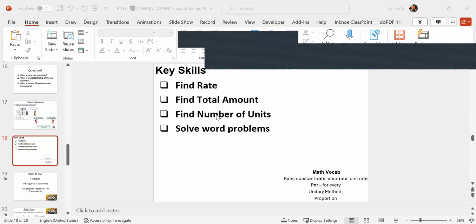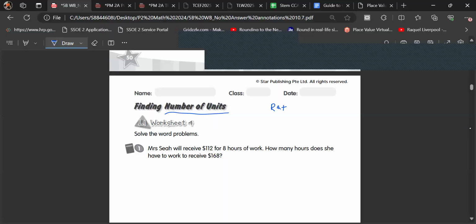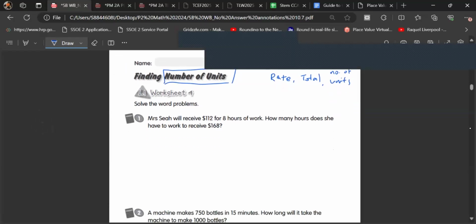Okay, so let's take a look at that question here. So I find rate, find total, and then find number of units. So right now we are looking at number of units. Here quantity number 1 is dollars. Quantity number 2 is hours. So I have price versus money. The question asks for how many hours. So based on this, I will write it as